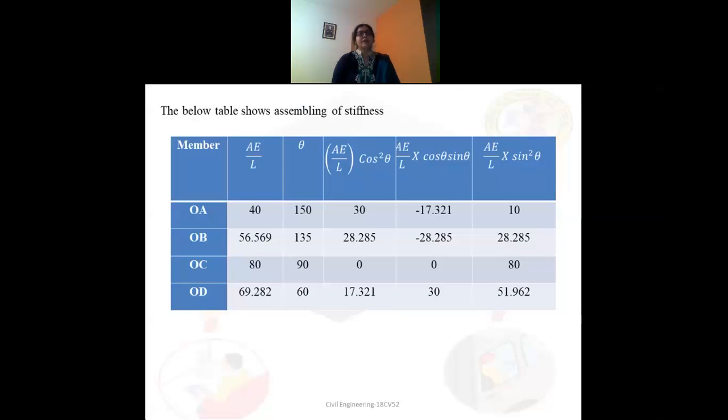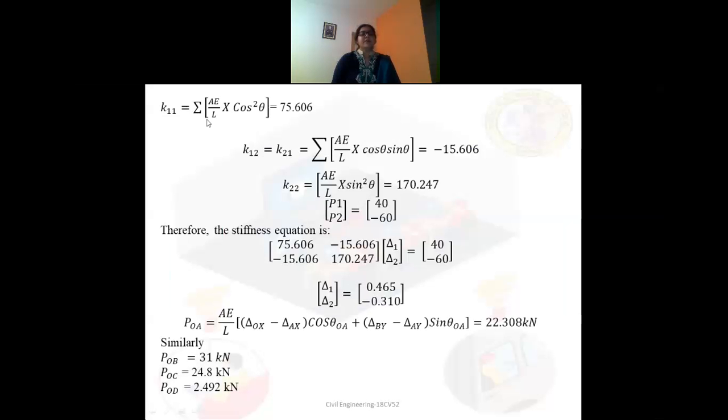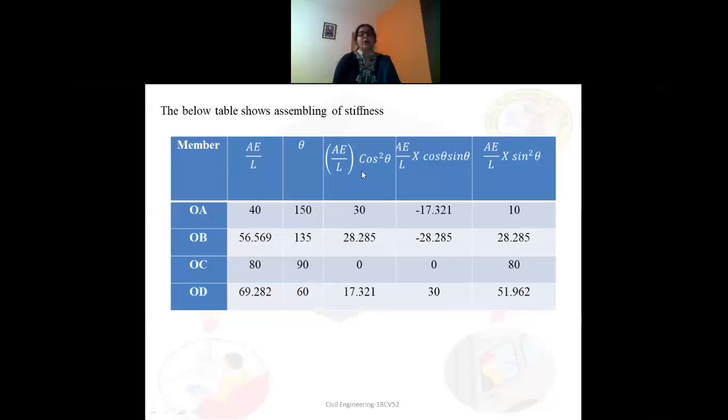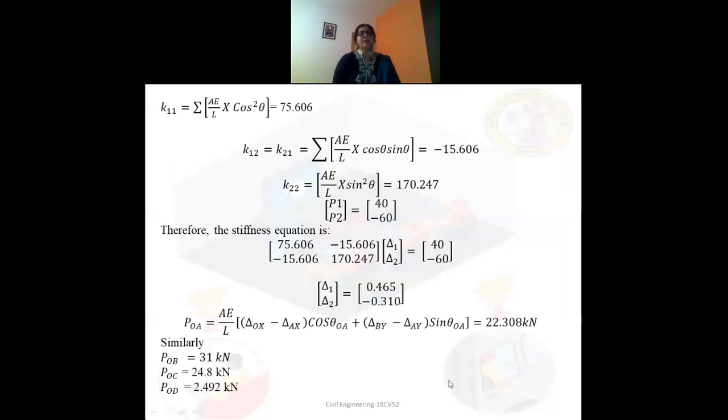What is the stiffness matrix? K11, that is the force at coordinate 1 due to unit displacement at coordinate 1. So summation of AE by L cos square theta. So add all the members OA, OB, OC and OD, AE by L cos square theta, summation of AE by L into cos theta sin theta, summation of AE by L into sin square theta. So when you add that,